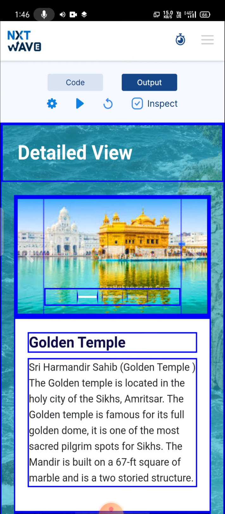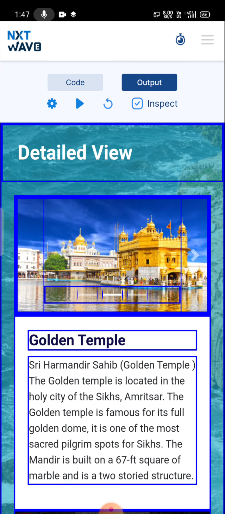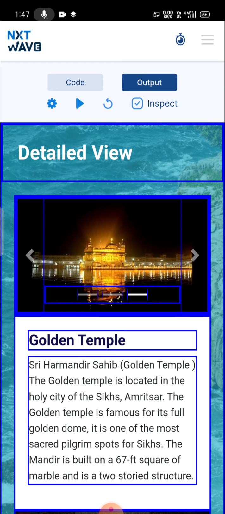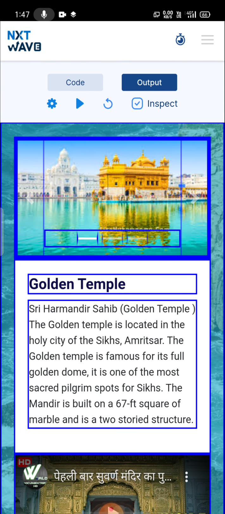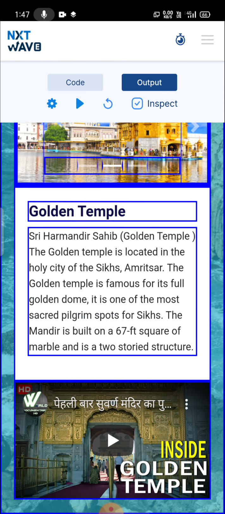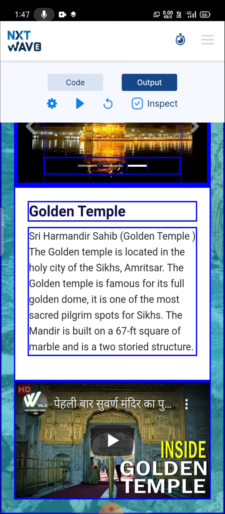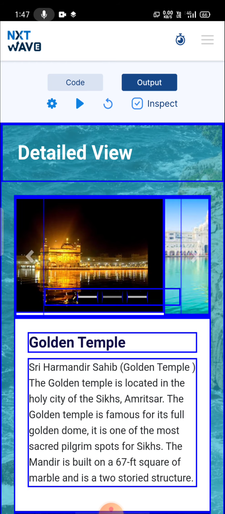You can clearly observe this. First, there is a background image, and along with the background image there is a heading. There are two sections. One is the heading section and another one is the card. In the card there is a carousel. We call these kinds of images carousels. And there is a card with some text, heading and some paragraph, and there is a YouTube video. First we will see how to add the background image.